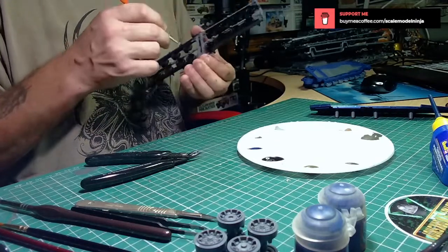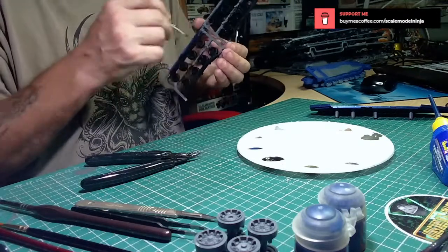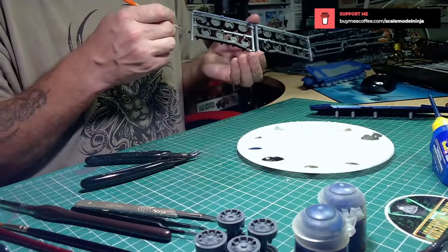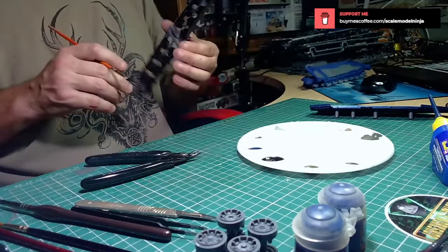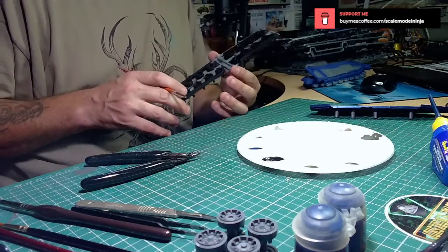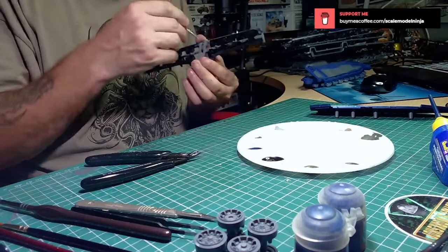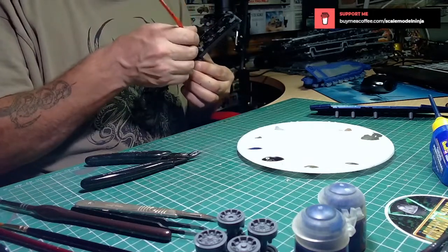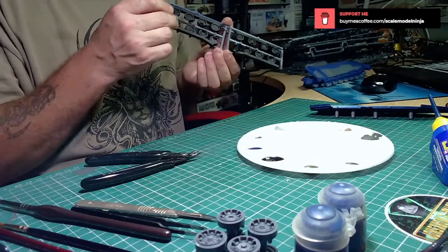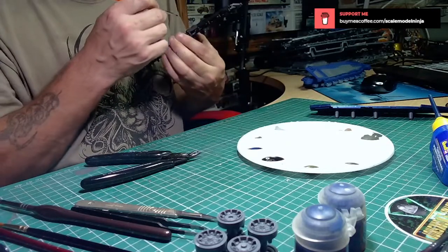I try not to do too much on my live stream builds in one go. Not that I'm going to run out of Warhammer stuff to do, because I've got quite a bit of the Mortal Realm stuff to do yet. And on top of that, I now have the Imperium things to do, as I've managed to get hold of